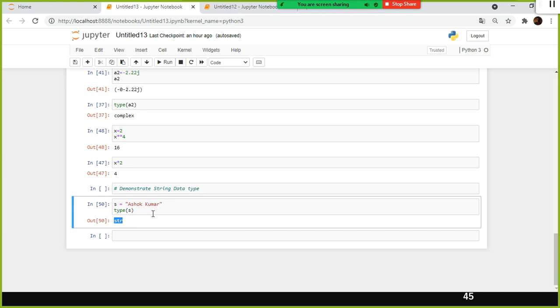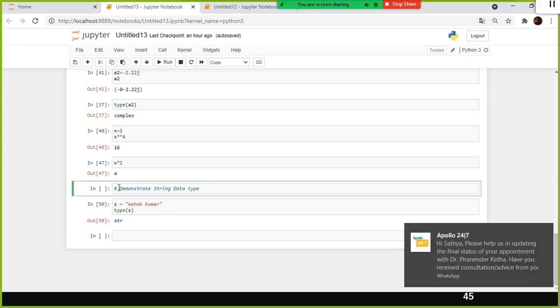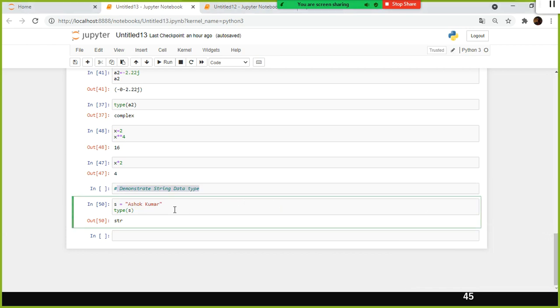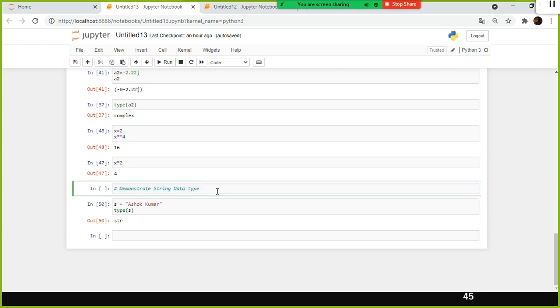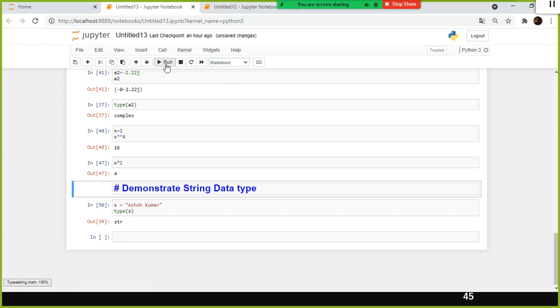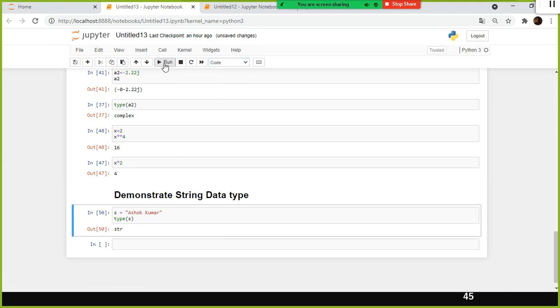For example, you want to compute the principal interest. The bank, how to compute the compound interest? You need to use some formula. You need to specify why you are using this formula, what is the purpose of using this formula. So you will specify the purpose of using that formula here, in comments, so that people can understand which formula and which logic you used. By going through your comment section, they'll be able to understand.